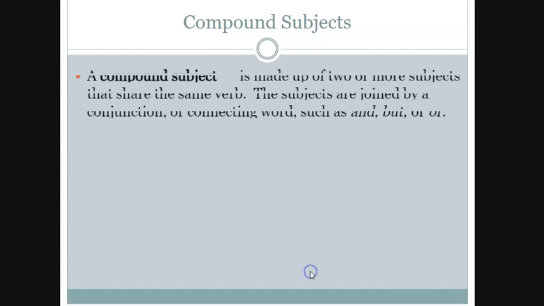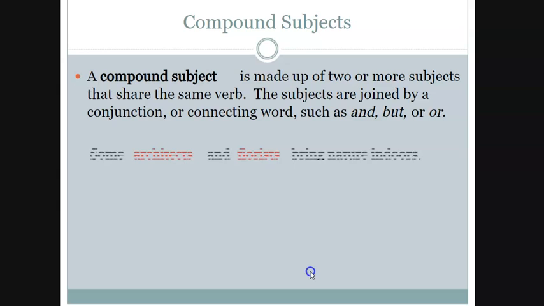Compound subjects. A compound subject is made up of two or more subjects that share the same verb. The subjects are joined by a conjunction, or connecting word, such as and, but, or. Some architects and florists bring nature indoors. Architects and also florists will be the compound